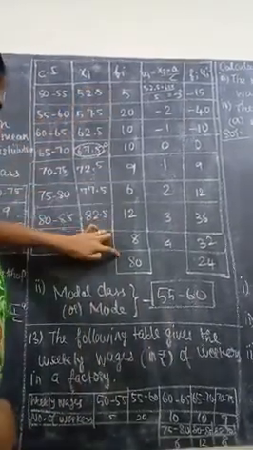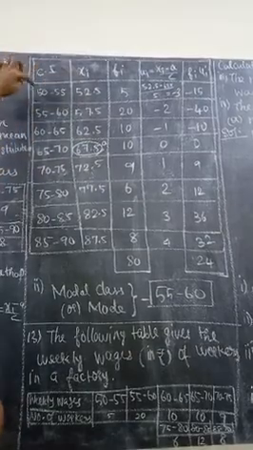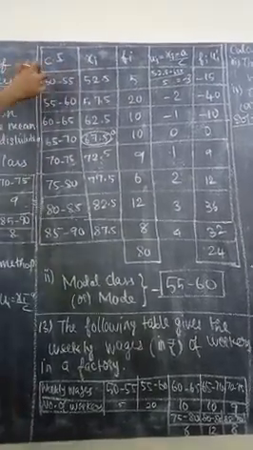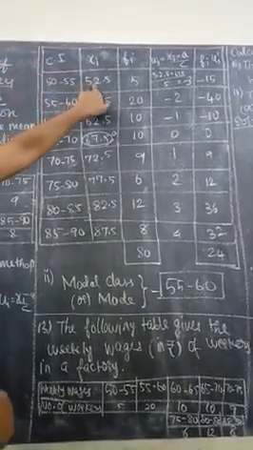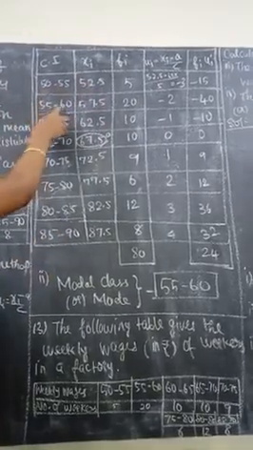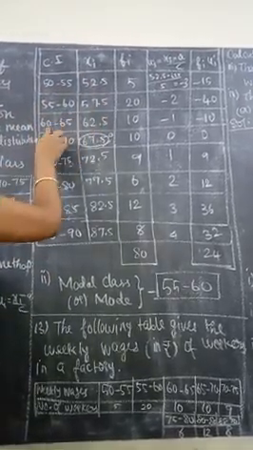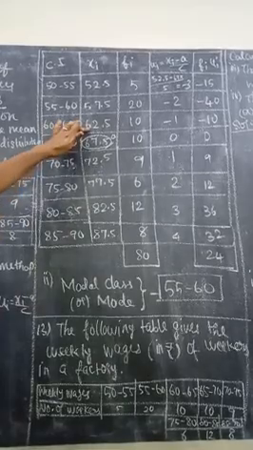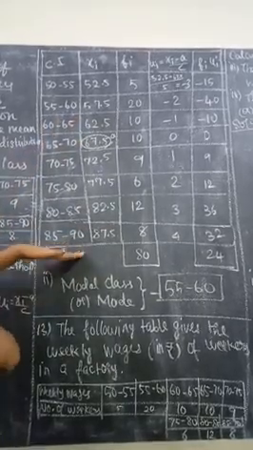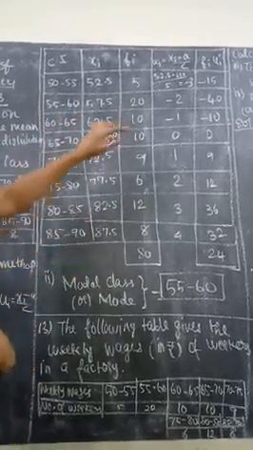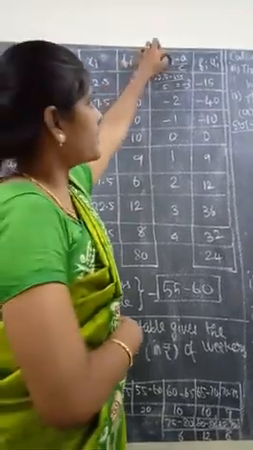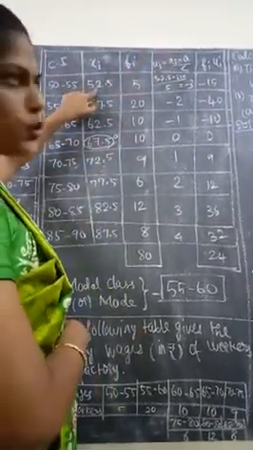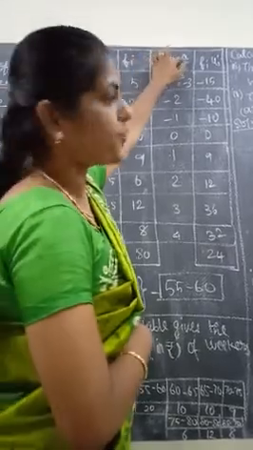Listen. These are all class intervals. This is the given frequency. For xi, we need to find the midpoint of these two. So 50 plus 55 divided by 2 is 52.5. Midpoint of 55 and 60 is 57.5. 60 to 65, 62.5. So proceed. 85 to 90, 87.5. Next, how do we find ui? What's the meaning of the first xi value? 52.5 minus what is a?